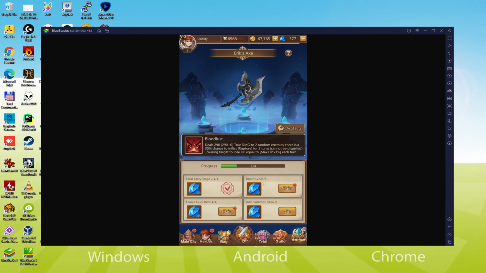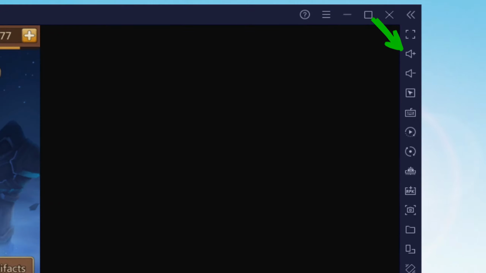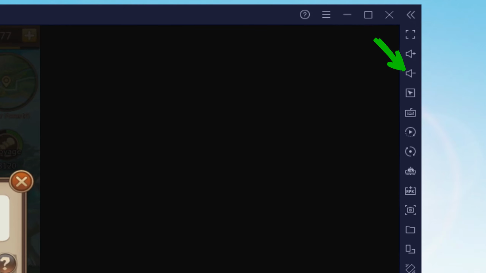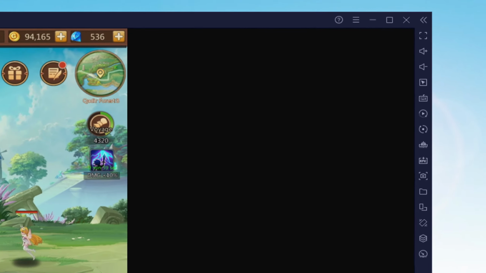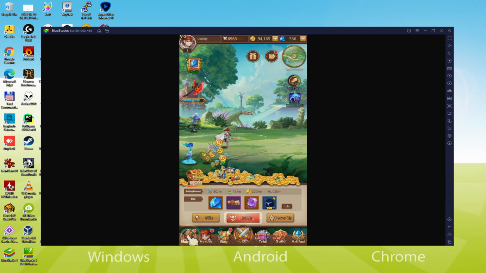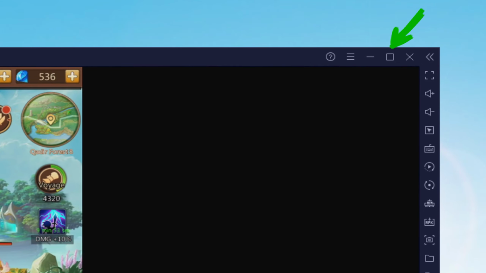I will talk about the sound level of this emulator. It is right here. We have got the icon of higher volume and also the icon of lower volume. This way we will not count on the Windows volume to increase or decrease the audio of the emulator. And to appreciate the experience to the greatest, we could turn on the large monitor, for which we have 2 options. This is simply the very first one.